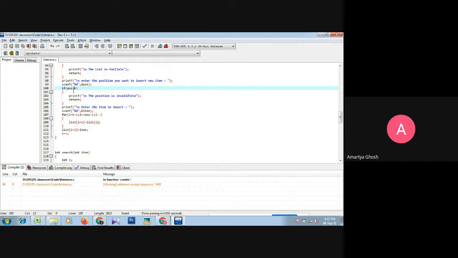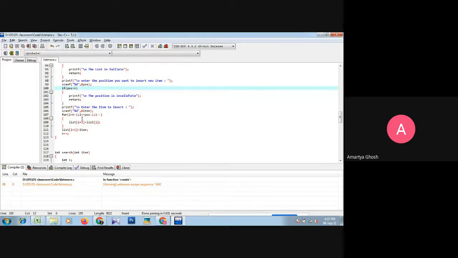If the position is greater than n, the position is invalid. Otherwise enter the item to be inserted. I equals n minus 1.